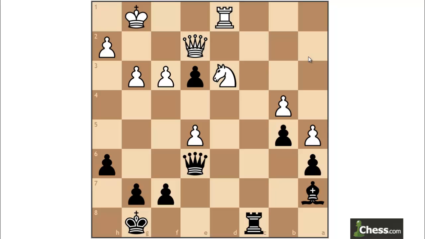Ooh. However, maybe queen here is a possibility. For if queen takes queen, now the pawn promotes. Oh, I'm sorry, now the pawn moves with check, picks up the rook with check, and produces a new queen. I think that's it. Queen here. Queen takes, pawn push with check, followed by taking the rook, getting a new queen, and you're up material,